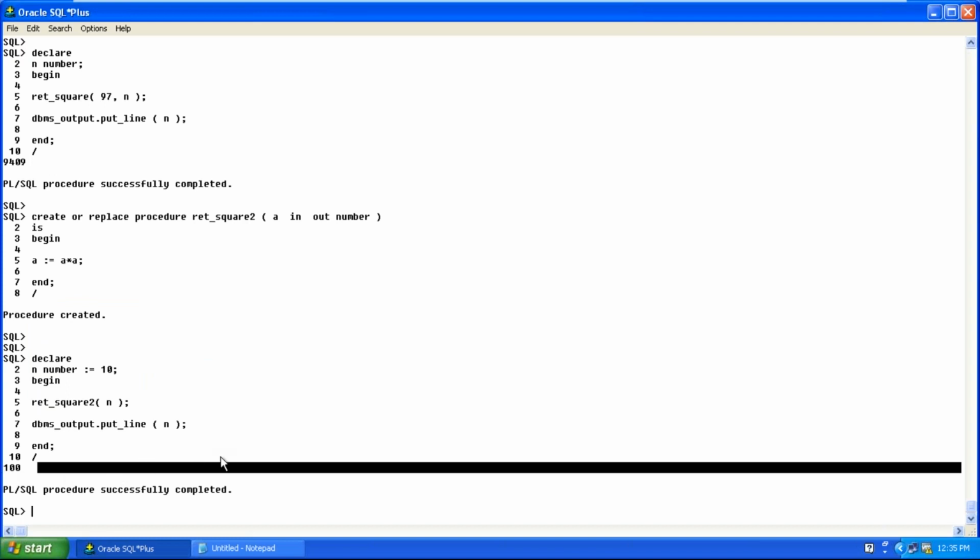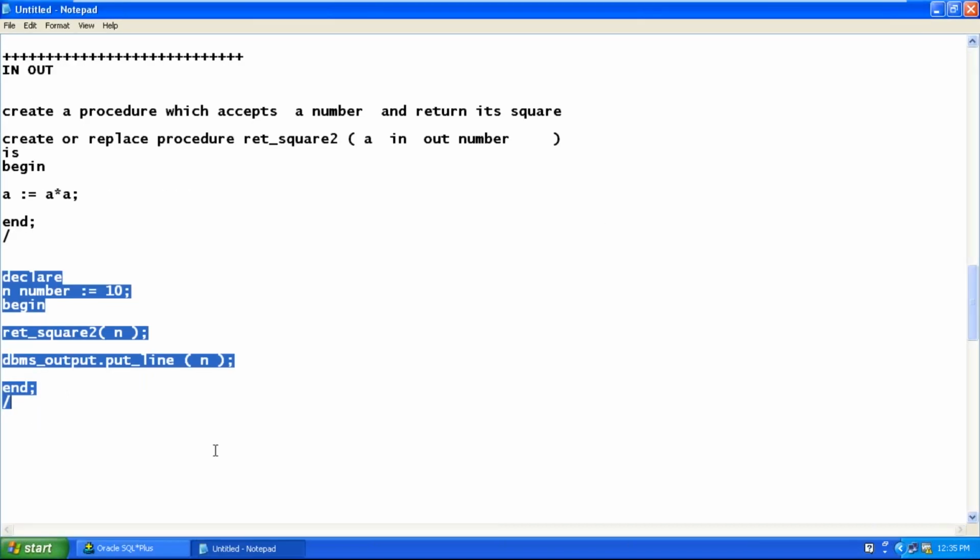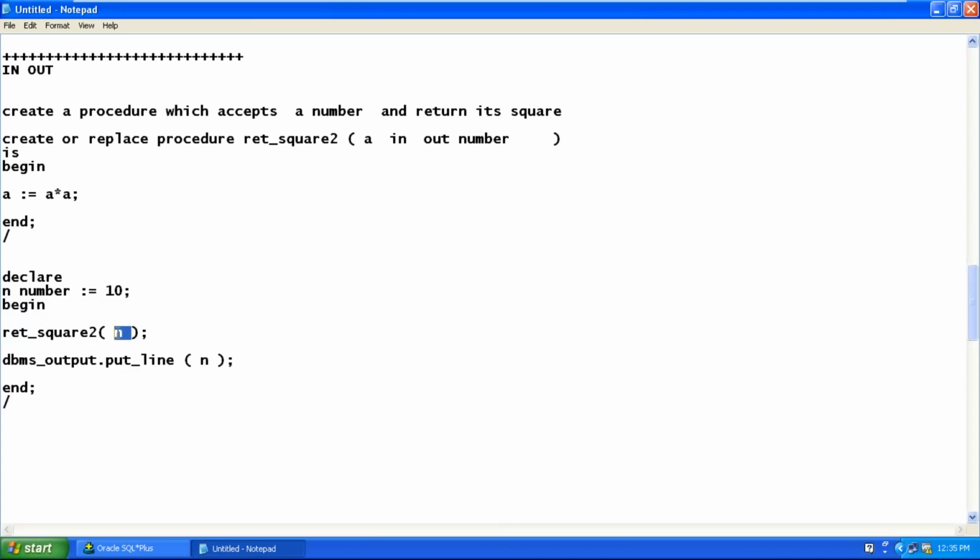Is that clear? So you should not hard code the value. If you want to pass a value 7, you should not hard code it. If you hard code the value, you don't need a variable to catch the value. So if you want to pass 7, first initialize 7 into the variable and then send that variable.